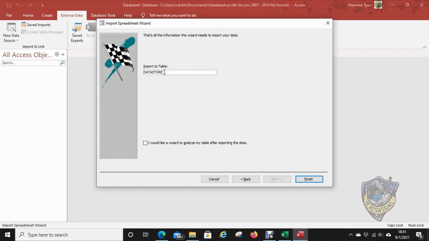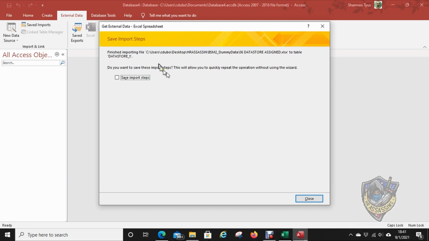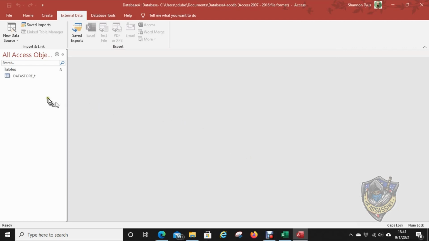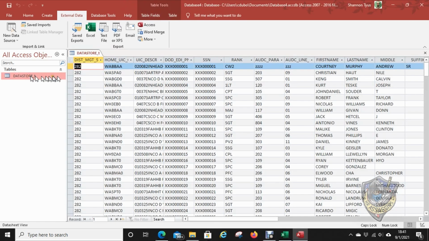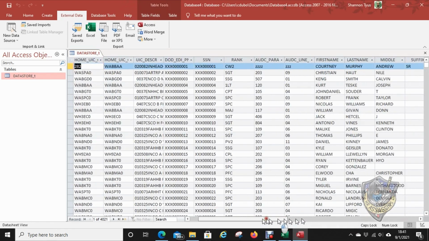So import to a table. There's no tables here, but I'm going to call this first one data_store_T. So it's going to dump all of that information in a table called data_store_T. And I use an underscore because I don't like spaces in names or field names or table names. So now it's done. You can save the import steps. I don't need to do that. And now, just like that, my data from data store is in here,